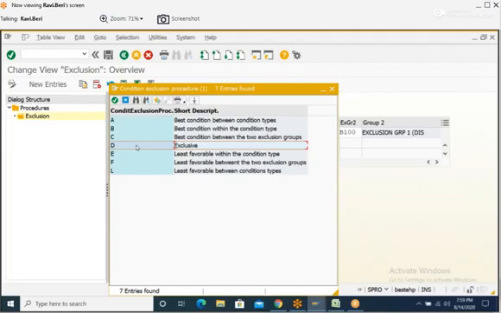Then here mention D, and mention both the groups. So this is how we configure. Make a note.